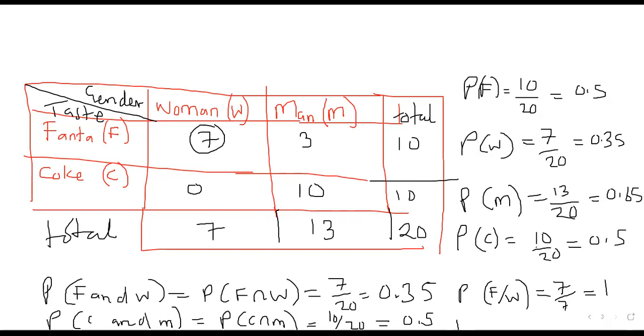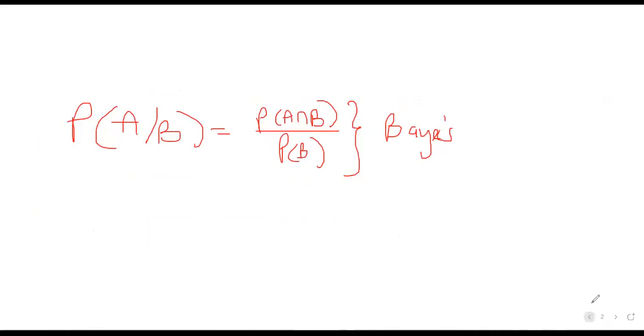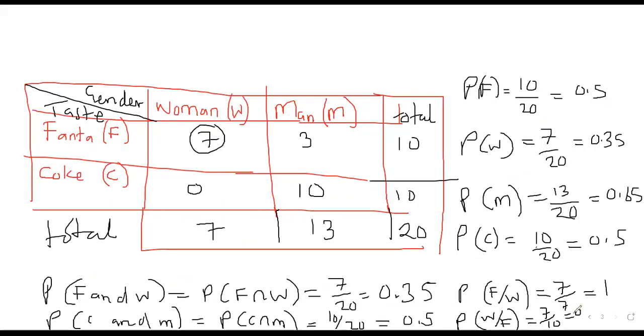If they swap it, suppose find the probability of a woman given they take Fanta. You go where they meet, woman and Fanta. They still meet at 7. But here the total is for which one? At the bottom, the total for the Fanta, which is 10. So when you divide over 10 there, we get 0.7. So before I go any further,